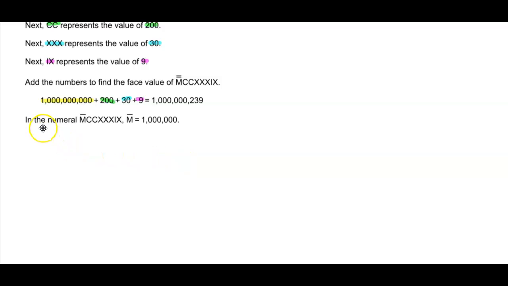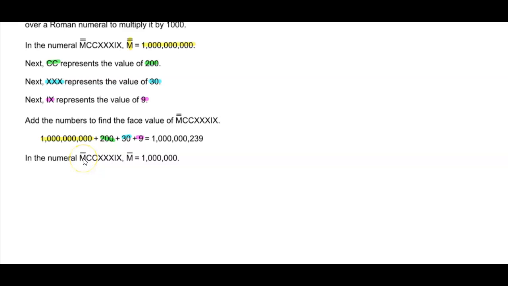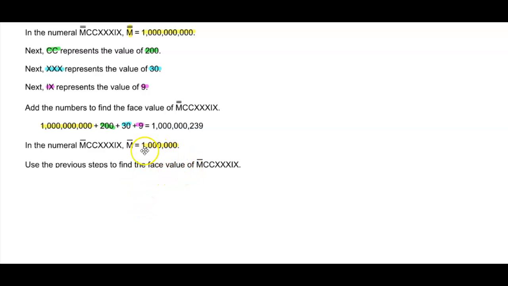Now we want to take a look at the second numeral. Now remember here that the M is 1000, so we're going to multiply it by another 1000, and therefore we end up with 1 million. Now, if you notice here, we're going to use the previous steps to find the face value for the rest. So we have 2 C's. So again, we have 1 million. We know that those 2 C's are going to represent 200. We know that those 3 X's are going to be 30. And then that Roman numeral is going to represent 9. So we get